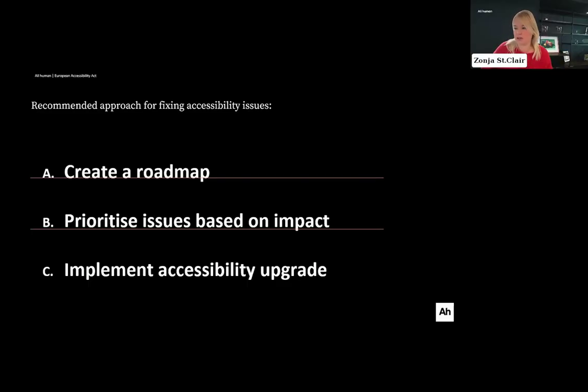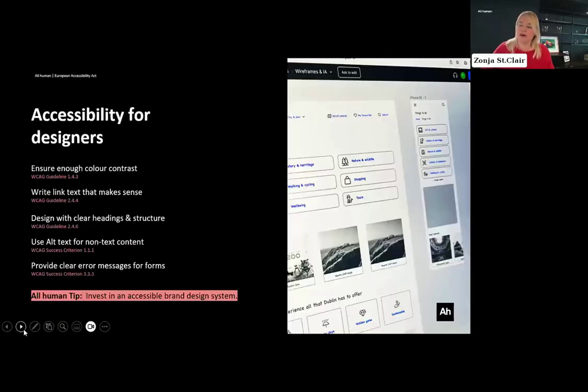I'll go on to the next slide then, and we'll talk through where it lies with the different contributors to your digital products. So in hindsight, after your audit, you'll see that there are lots of contributors to creating and maintaining accessible products. These are some of the main standards or guidelines that we look at for designers. I won't talk through them one by one.